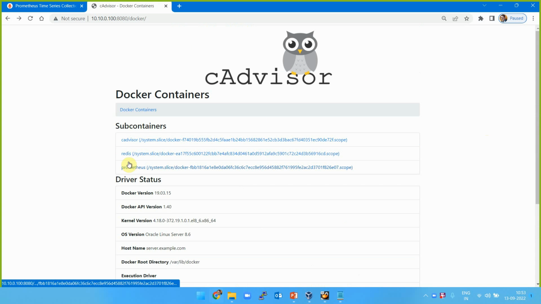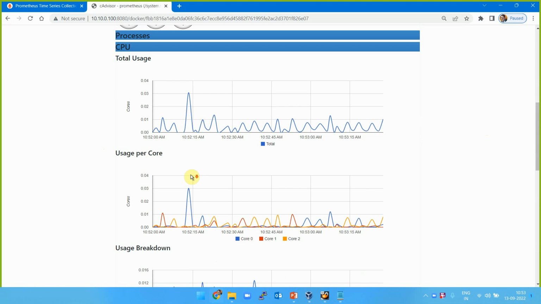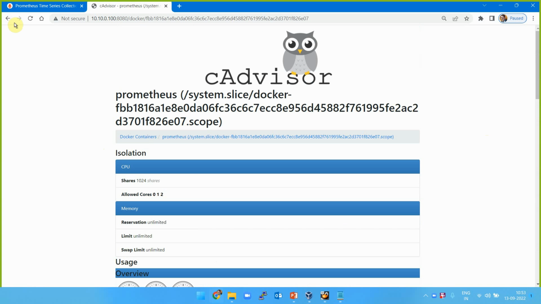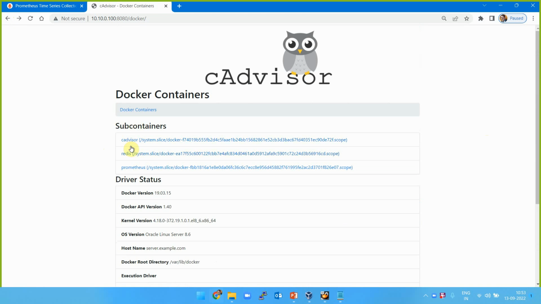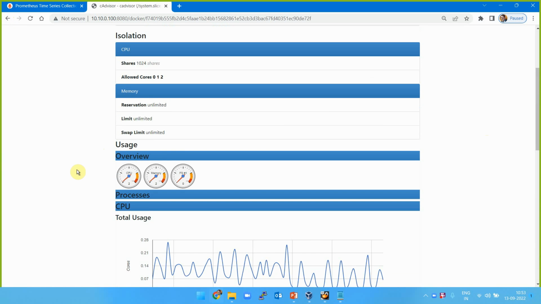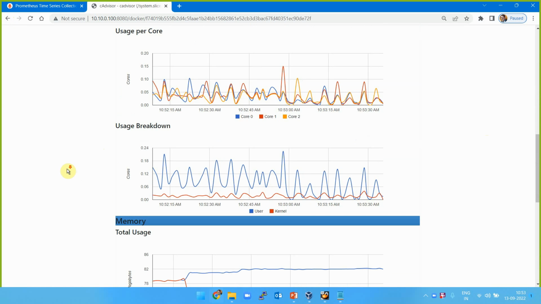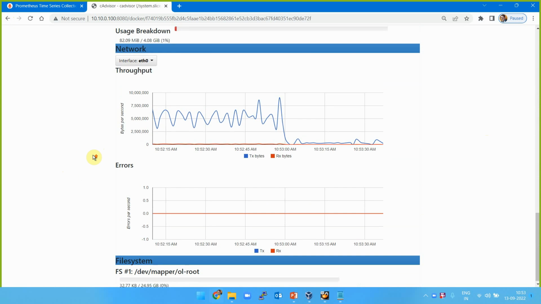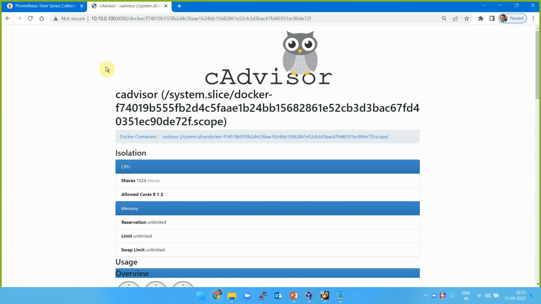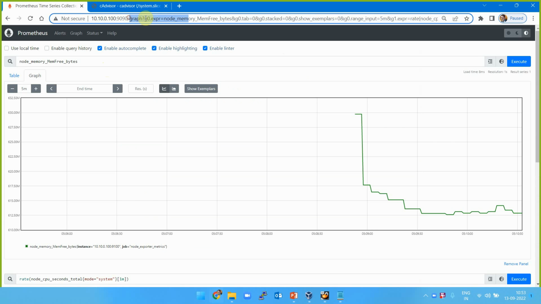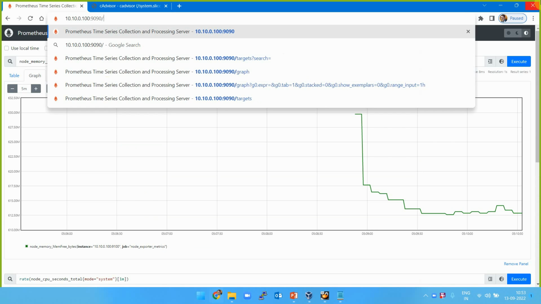Similarly, I can check that Prometheus container. This is my Prometheus container monitoring. So monitoring the containers and the node, that's what cAdvisor is for. So cAdvisor is to monitor the containers. And remember, it makes the data available for Prometheus also, because Prometheus is also running at the same